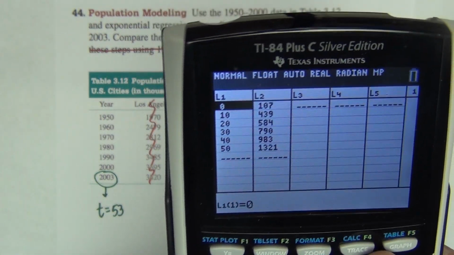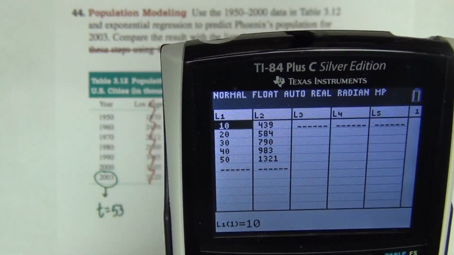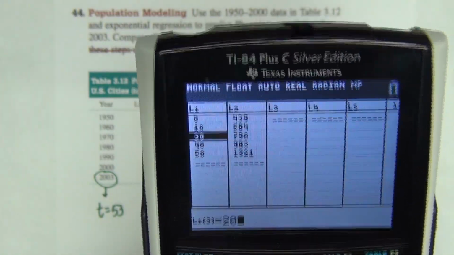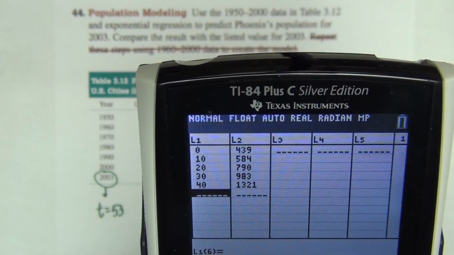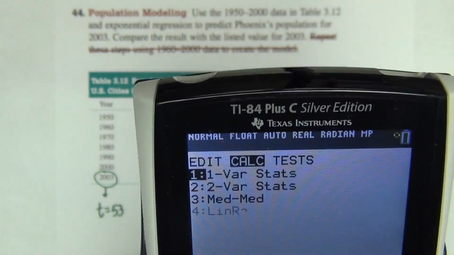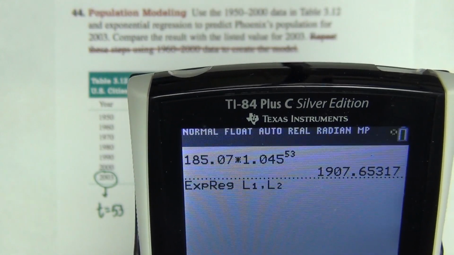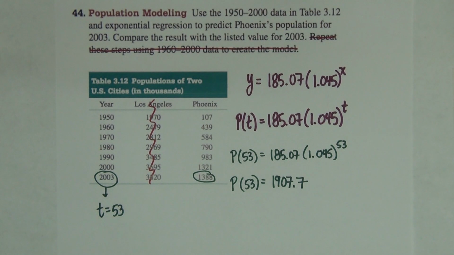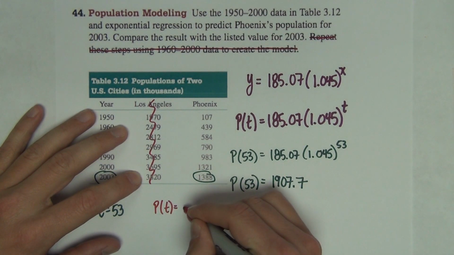I'm going to go back into Edit and delete that first year. Now if you want, we could start this over at 0 and then go 10, 20, 30, and 40, so we're measuring off 1960. If I did that and calculated the exponential regression, let me write that down. This is the revised model. Let me write this in red since I crossed it out in red. The revised model, P of t, is